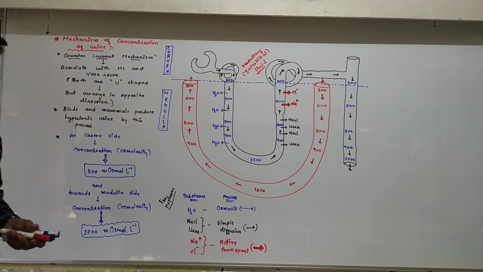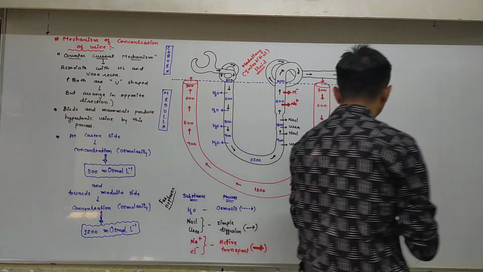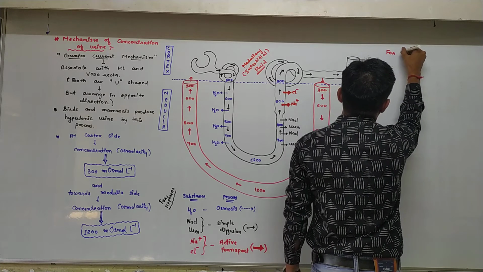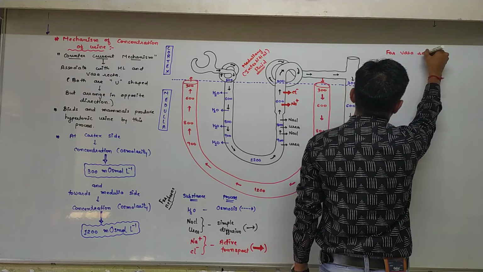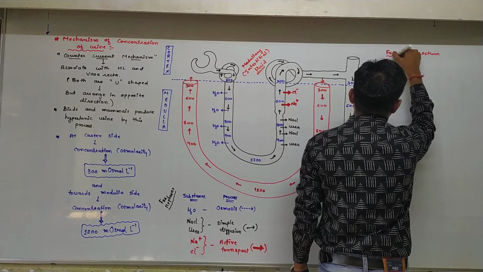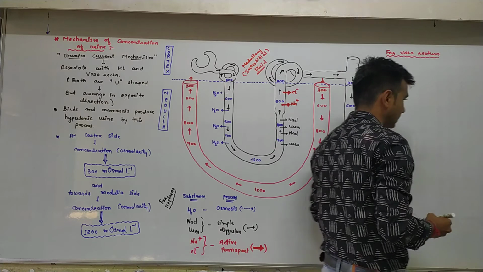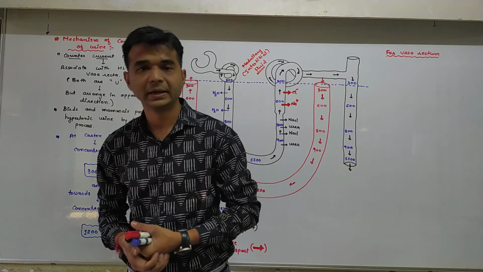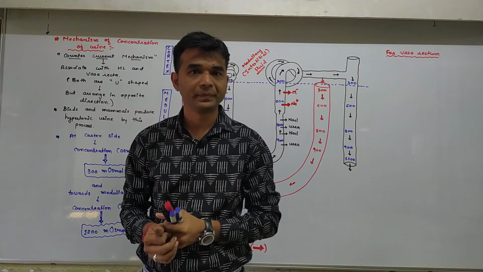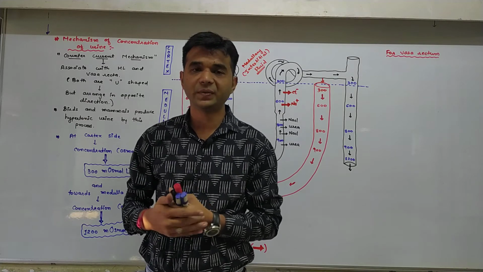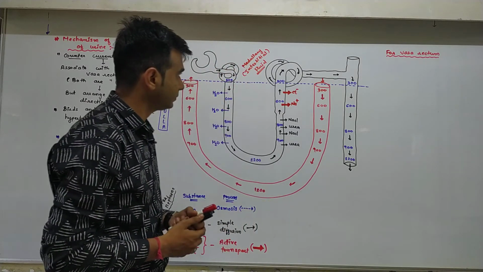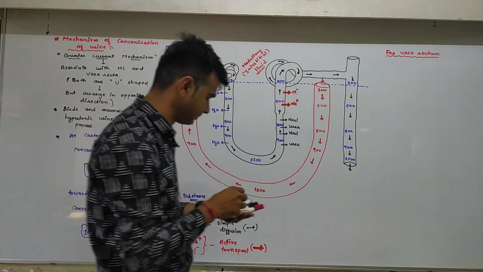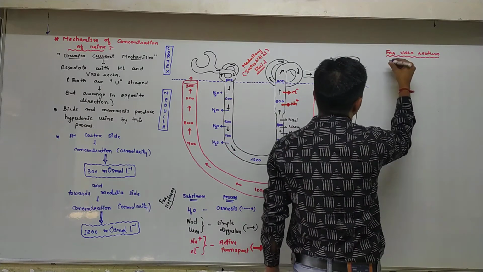Okay. Now, before understanding this, for the vasa recta, yesterday we discussed that for the function of the tubules, the different parts of the tubule have different functions. But I have not told you the functions of the vasa recta. So here two limbs are there, for the vasa recta.